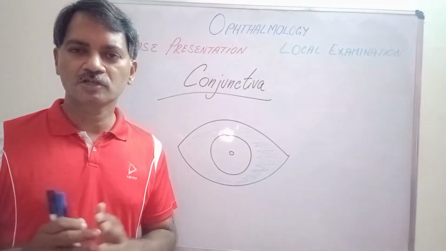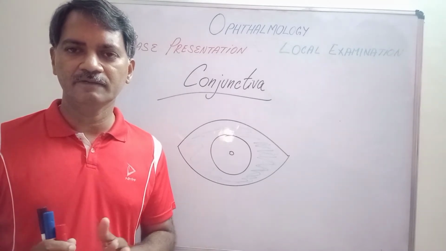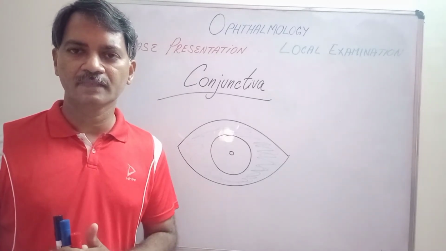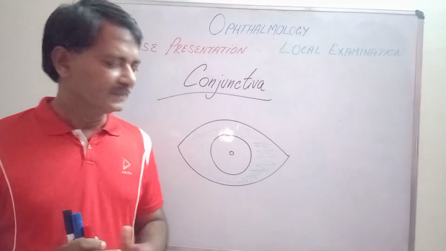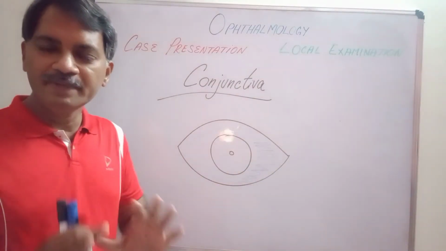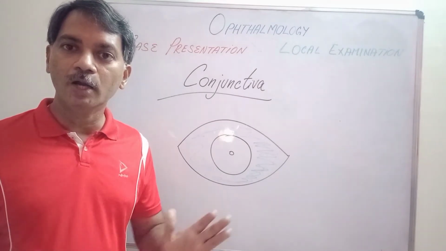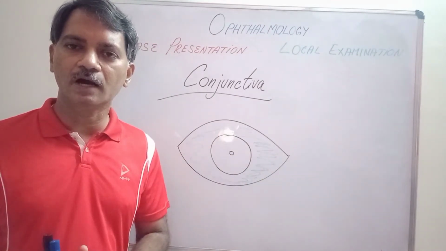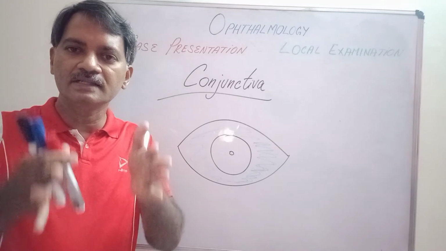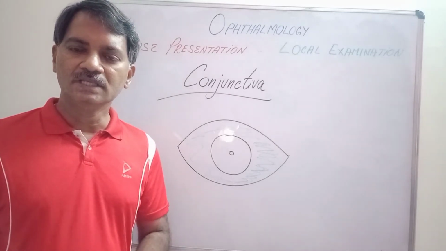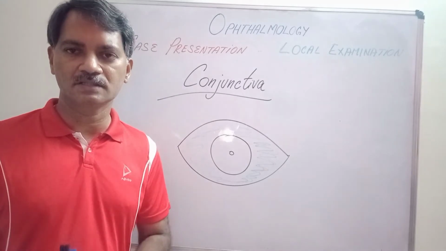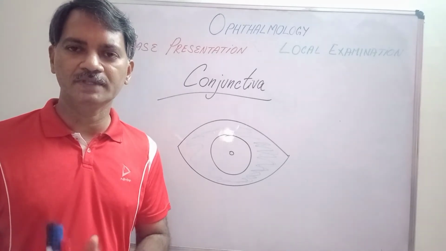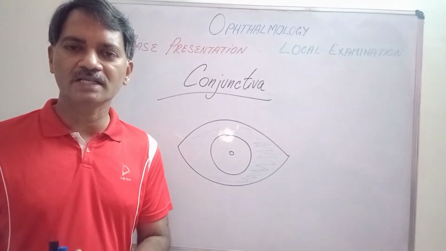The next most common abnormality in the conjunctiva we usually see is an allergic reaction. The conjunctiva will be edematous and it will be ballooning out, as if the cornea is in the deep. This is classical of allergic type of conjunctivitis due to edema of the conjunctiva, and this is called as chemosis